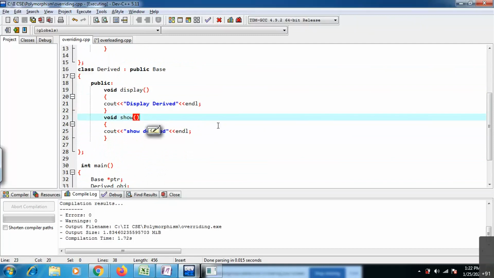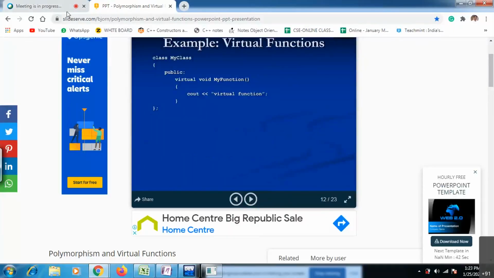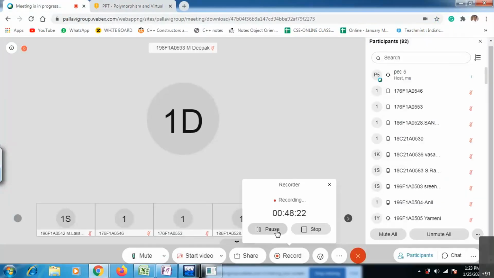See, this is about virtual function. I will explain once again in the next class. You need to understand this virtual functions concept very clearly. I think we don't have time. See, in your today's exam,